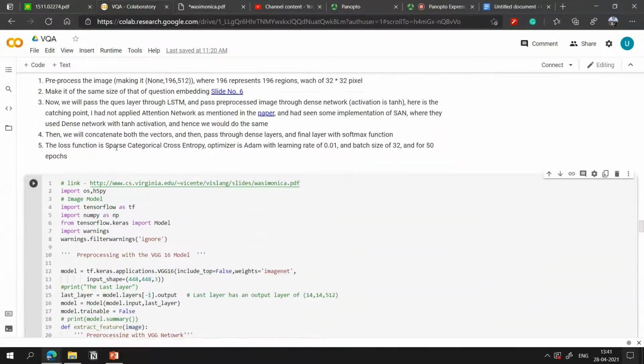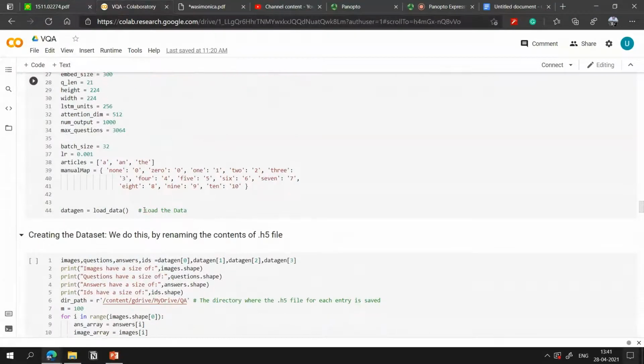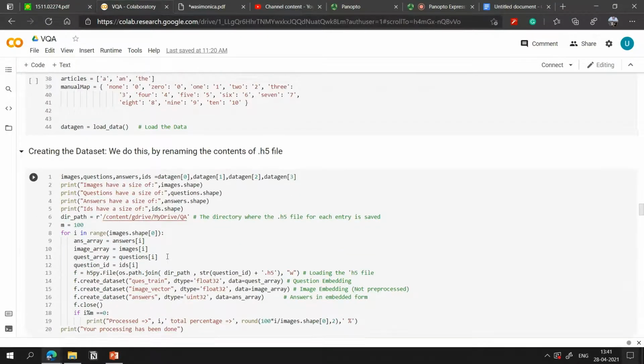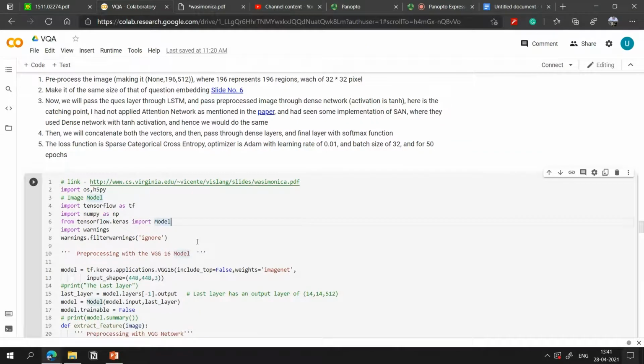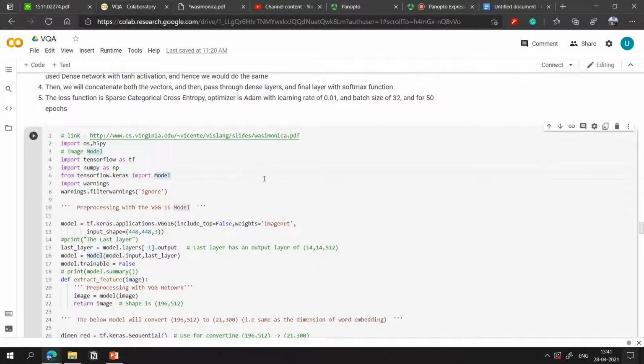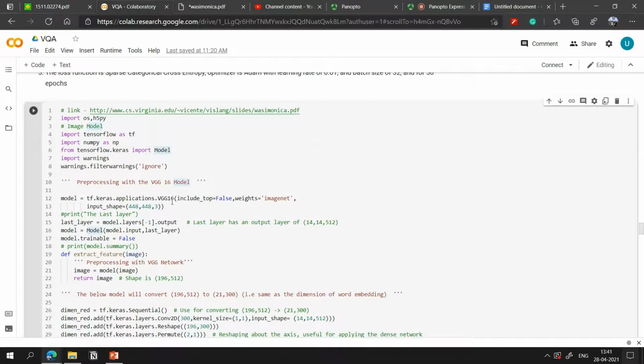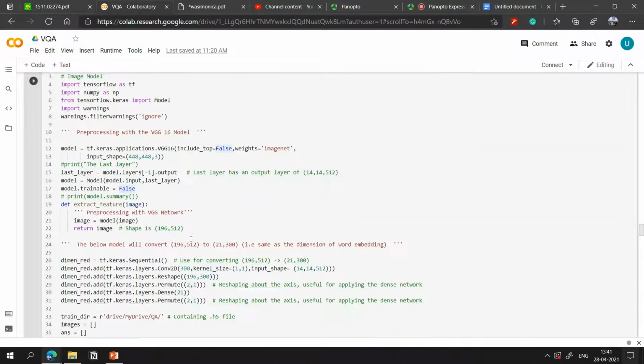Here is the part making the model. Part 2 can be seen when you are free, but part 3 is more important according to me. I have taken the VGG net and extracted the last layer out of it, as mentioned in the slide, which gives me 14 by 14 by 512, and I have made a model out of it.